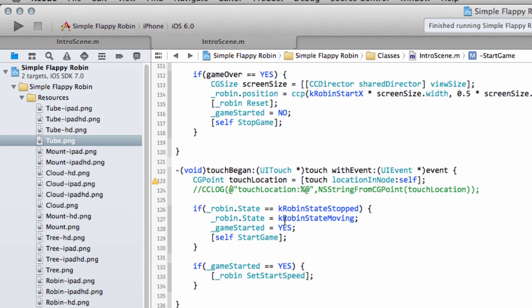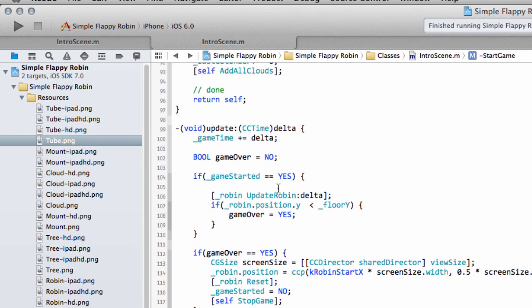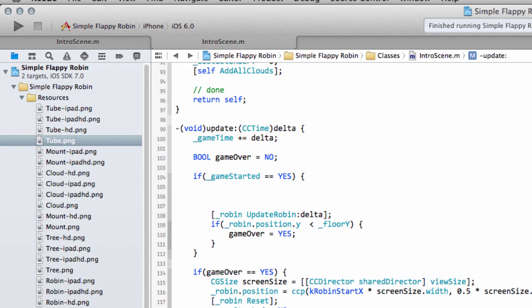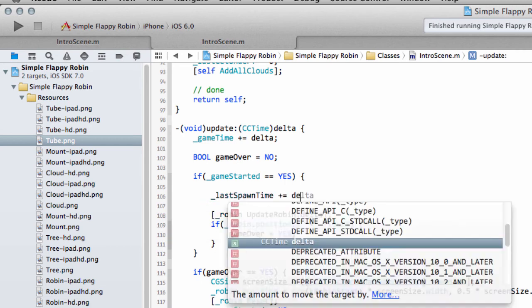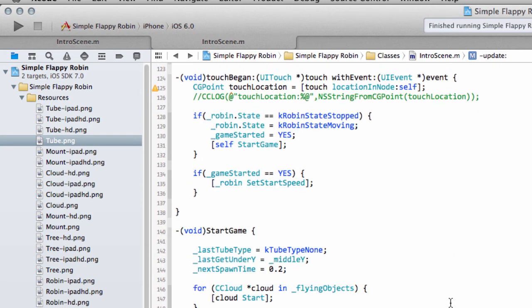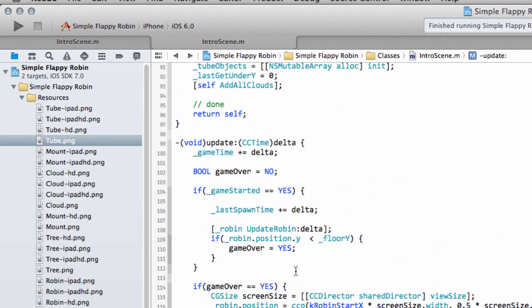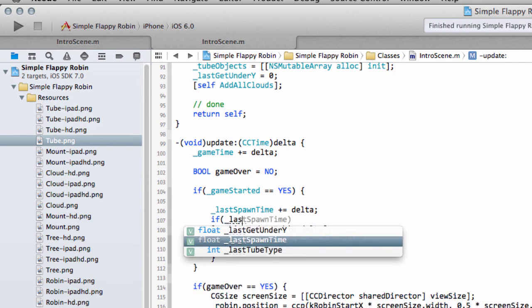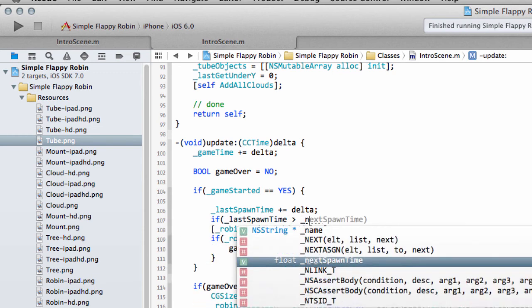And that means all we need to do now is go into the update here, and assuming that the game is in progress, the game's been started, we can say that the time since the last spawn we add on to our delta here, and I'm just checking, did I make that next spawn time here? Yes, I did, 0.2. Good. And what we can say then is that if our last spawn time is greater than our next spawn time,